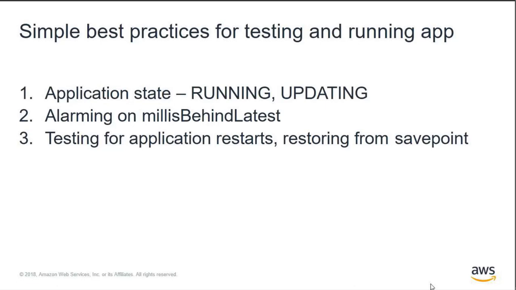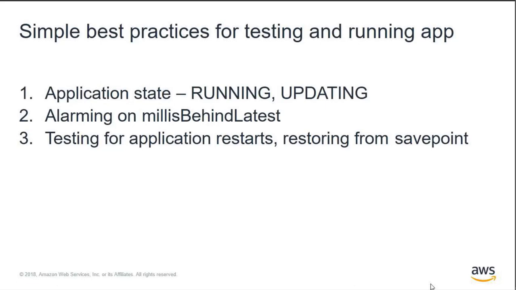For most applications, customers want this under a minute. For more latency-sensitive applications, you want it even under a second or a couple of seconds. But you want to make sure that you alarm on that so that it gives you an indication that you're no longer getting those timely insights. So if there are downstream systems that depend upon your application processing data at a certain latency, this will be one of the simplest ways to tell you that there's a problem. It's not the ultimate metric. It doesn't tell you everything that's going wrong with processing, but it does provide a pretty good mechanism.